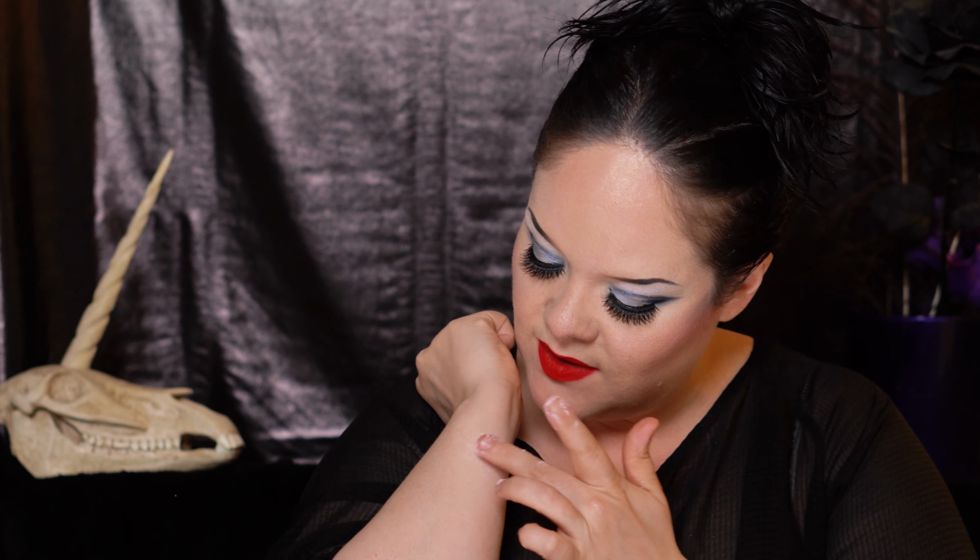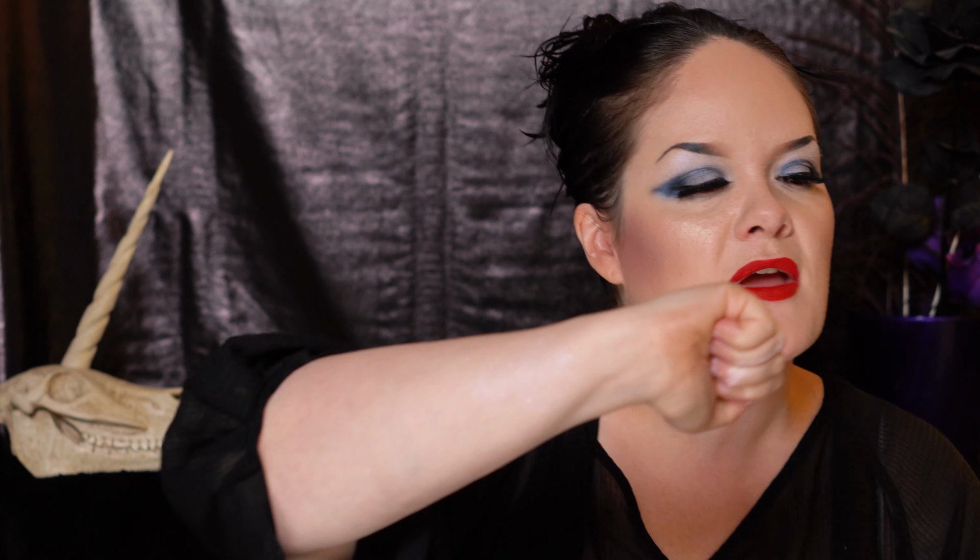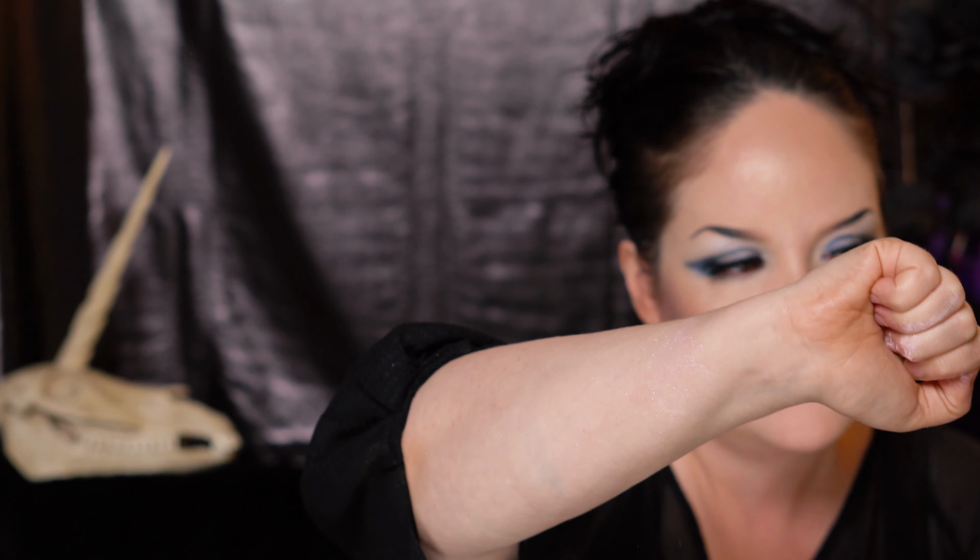Can you see that at all? No, it's really pretty, but it is very light and very iridescent, so it would make a really nice topper shade to airbrush out another shade. But by itself, it's not really going to do much for you unless you have very dark skin, which I obviously do not. It's very pretty, but it's not something that I would be...